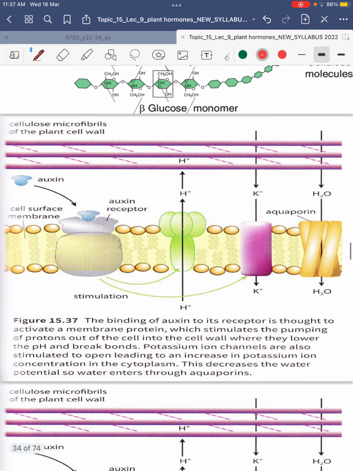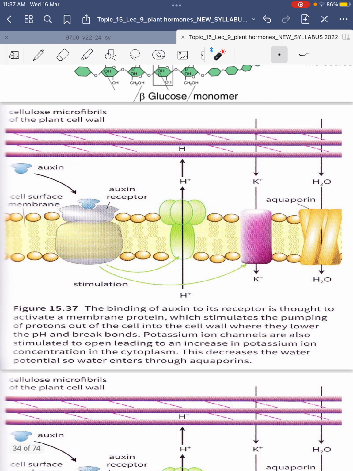But apart from the pumping, let's talk more. What does it say? Apart from the pumping, it also stimulates the entry of potassium. It says here, it stimulates the pumping of protons from the cell into the cell wall, where they lower the pH and break bonds. Potassium ion channels are also open, leading to an increase in potassium ion concentration in the cytoplasm. This increases the water potential, so water enters through the aquaporin. So the binding of the auxin does two important things: the pumping of the protons,